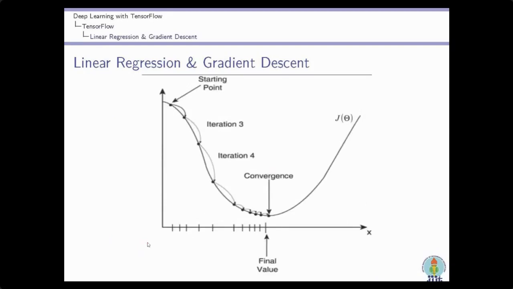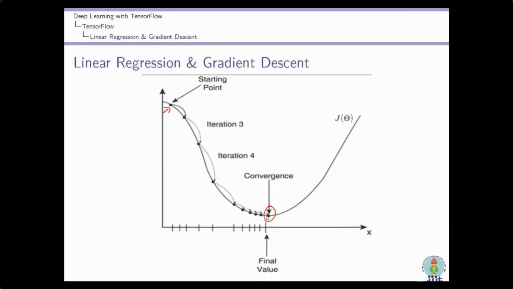So this is the graphical iteration. You can see here we have to start with some random point, and then iteration by iteration we will try to reach the minima, and after some particular moment of time we will converge to a particular lower value. So after a number of iterations we will try to reach the lowest value. But it doesn't matter if we reach nearby the lowest value, it will also work for us in many applications.